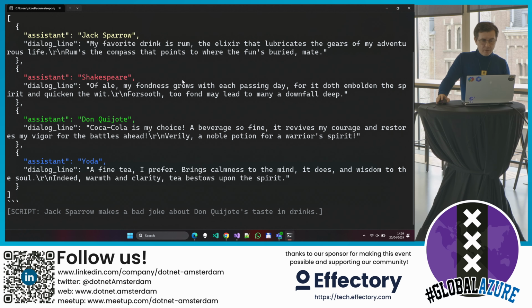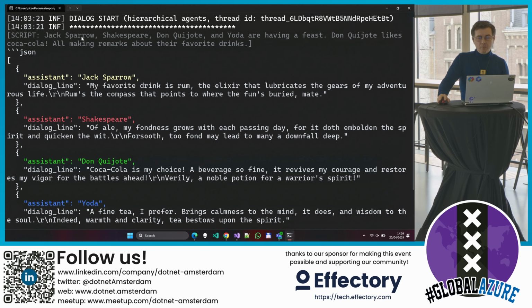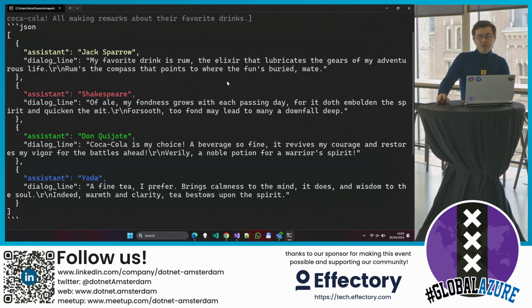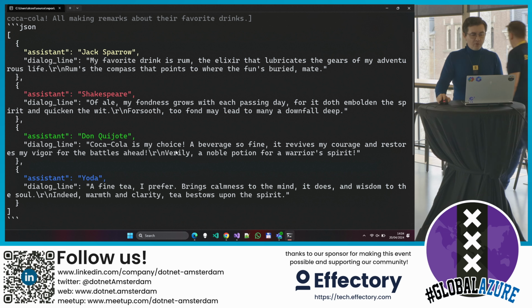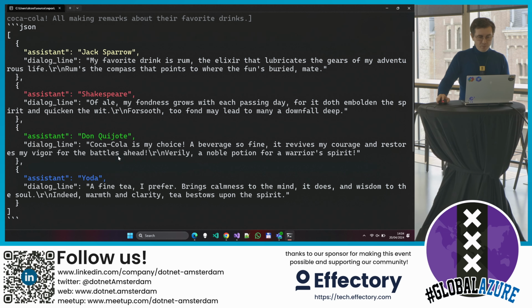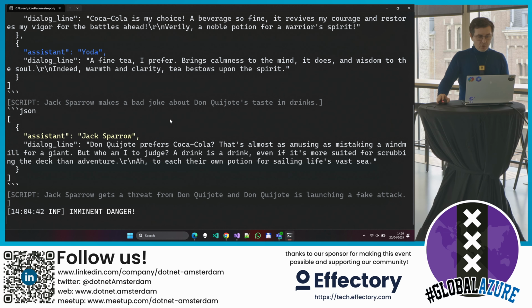Everyone is here, so everyone has the chance to respond. Of course, Jack Sparrow says, my favorite drink is rum. Shakespeare, ale. Look, Coca-Cola is my choice, says Don Quixote. Of course, Yoda prefers tea. But then, the bad joke. Don Quixote prefers Coca-Cola. That's almost as amusing as mistaking.